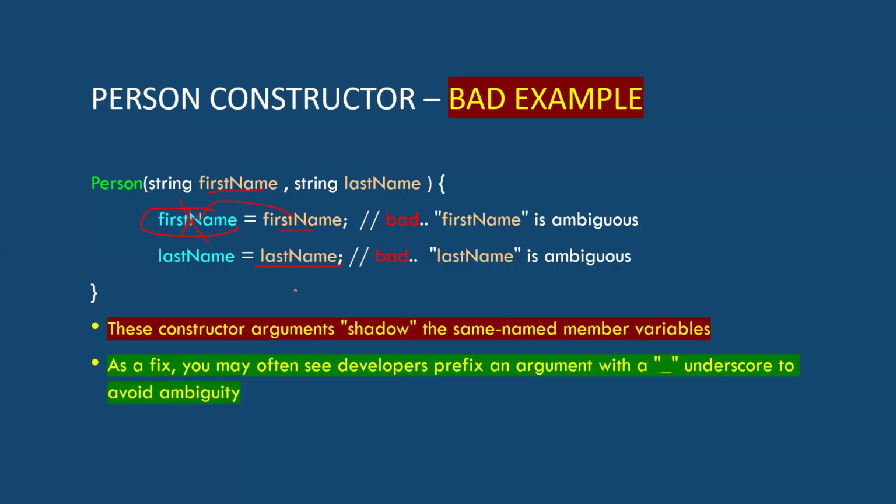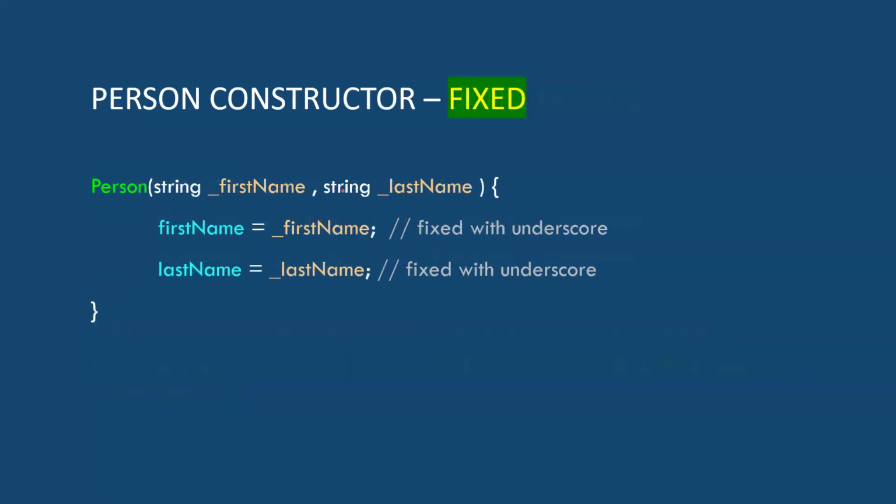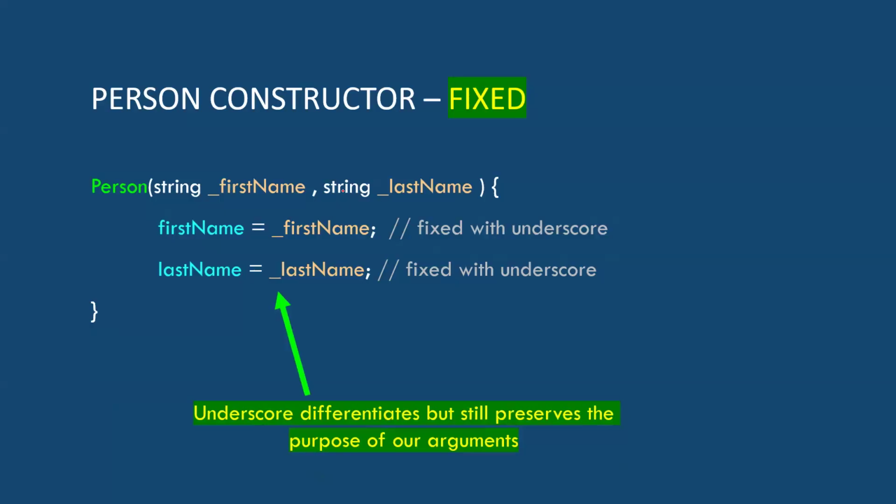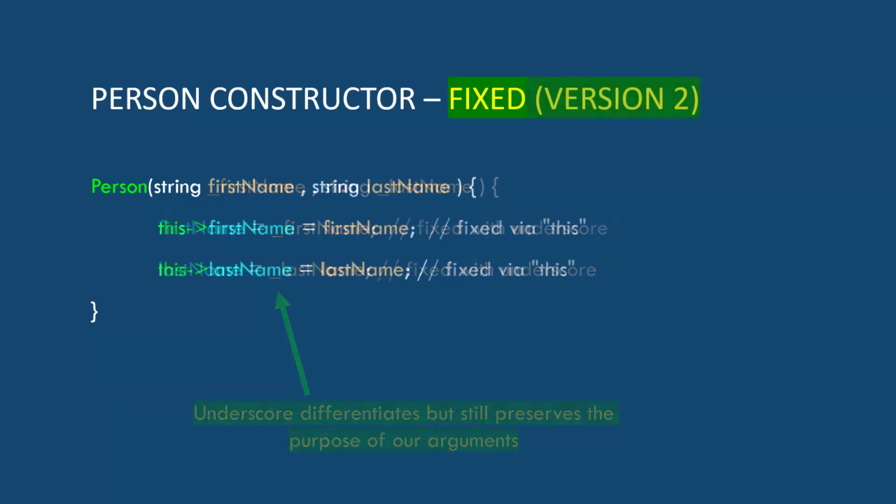And we'll show you a few fixes for that. One of them that's very common is just to put an underscore in front of this, right? That's one way to follow a rule, right? We just have to make sure we don't do that. So that is one way to fix that problem, okay? You don't have to burn brain cells figuring out what to call it. Just put an underscore in front of it and you're good to go, okay?